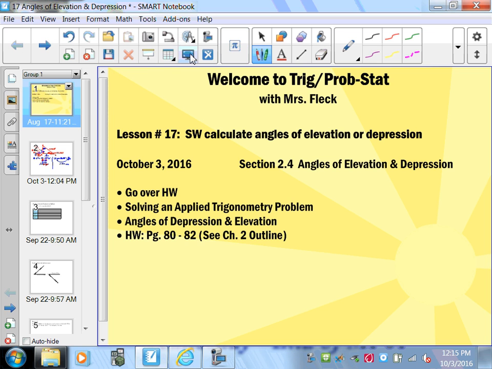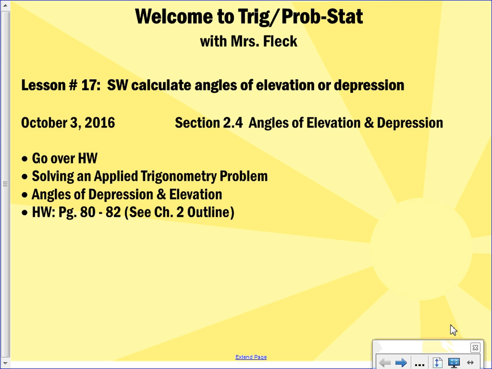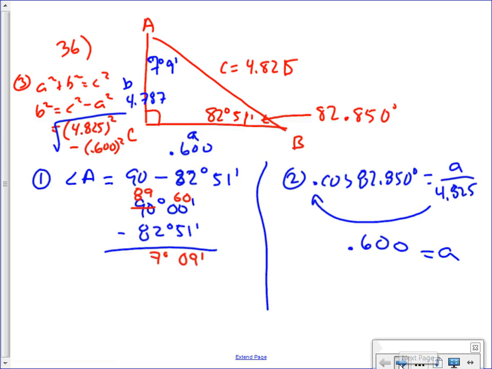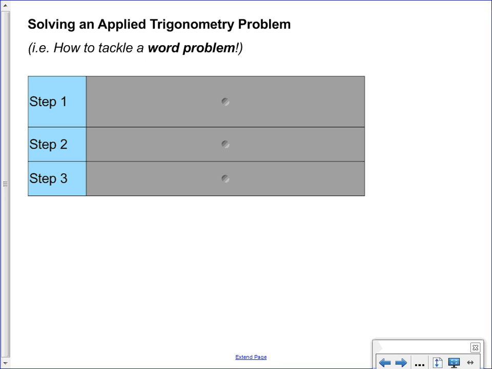This is how I apply solving right triangles to real life. Okay, here you go. How to tackle a word problem. Step 1: there's a lot of words, so abbreviate or write your own definition. Step 1, it would help if you